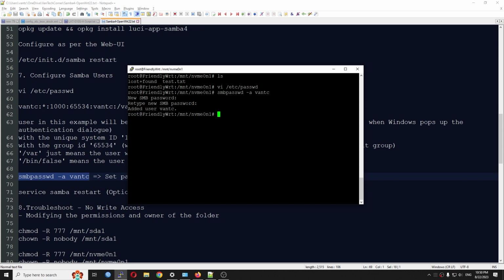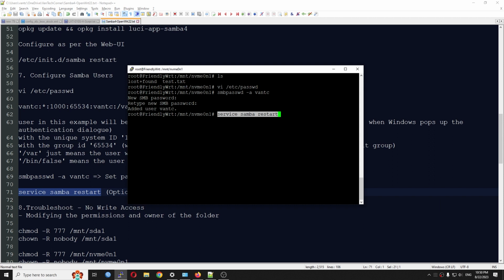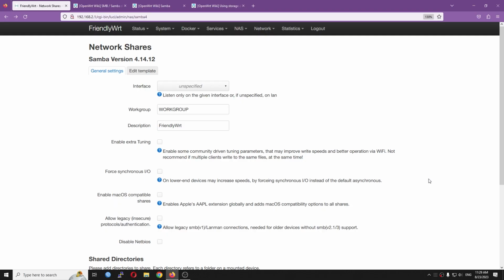And very good. Lastly, let's restart the Samba service. Not sure if this is the correct command. So we have an error message that says Samba not found, so perhaps it is Samba4. Not sure if it's correct. Perfect, that is Samba4. So far, we have successfully configured Samba4 on FriendlyWrt or OpenWrt, and now let's try to